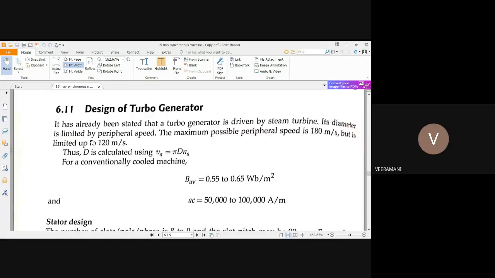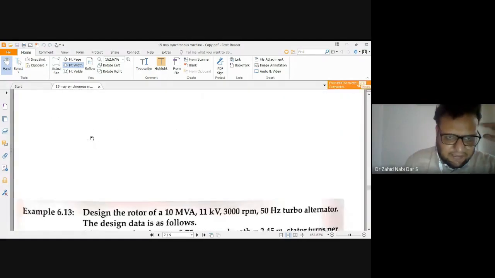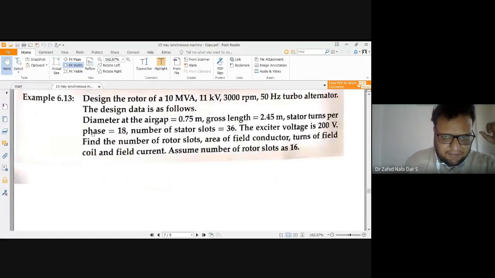So that was one mistake. That was power factor; that is complex power. So here also you see 10 MVA. So what we can do is S is equal to root 3 V line into I line. And your number of poles is given? No, number of poles is not given.